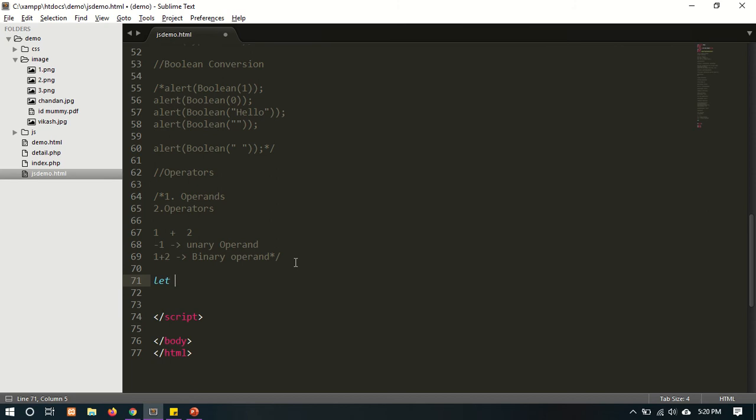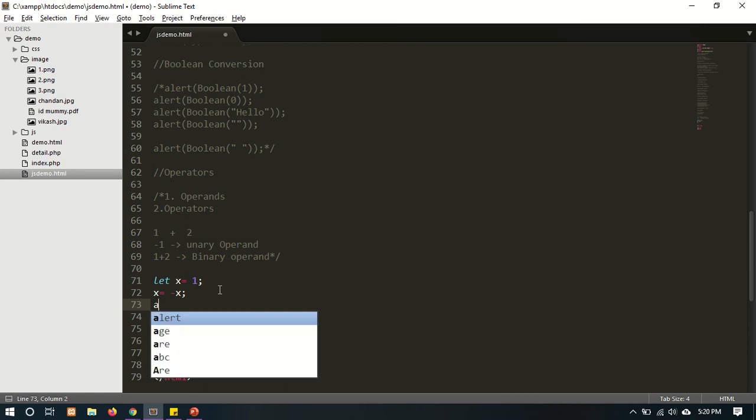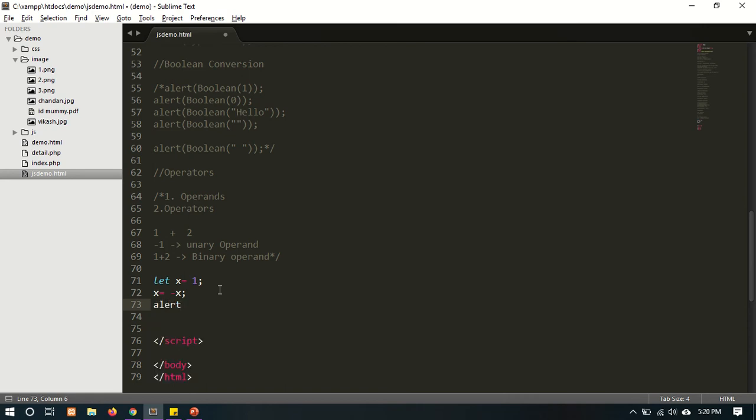Let x equals 1, then I will assign x equals minus x. This is an example of the unary operator. x equals minus x, then alert x.